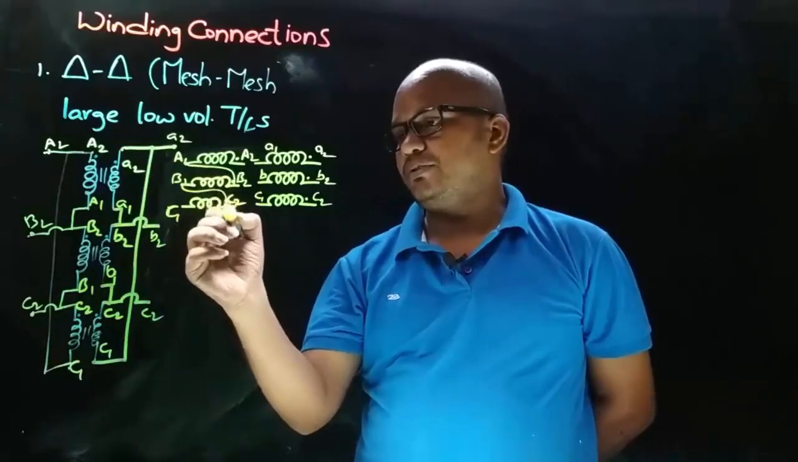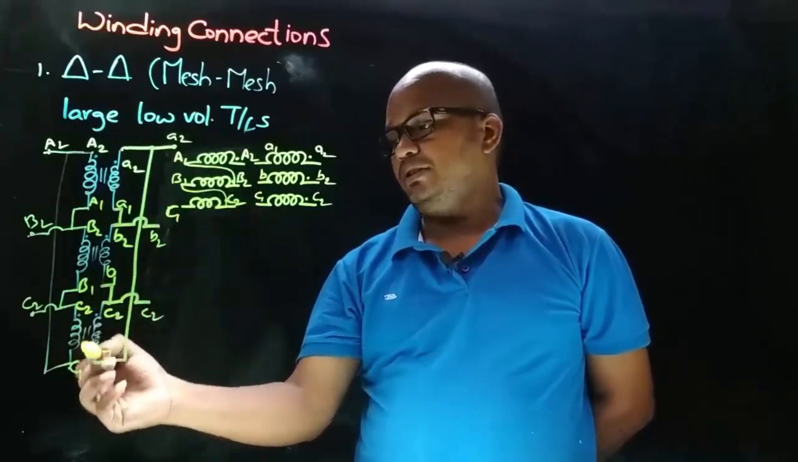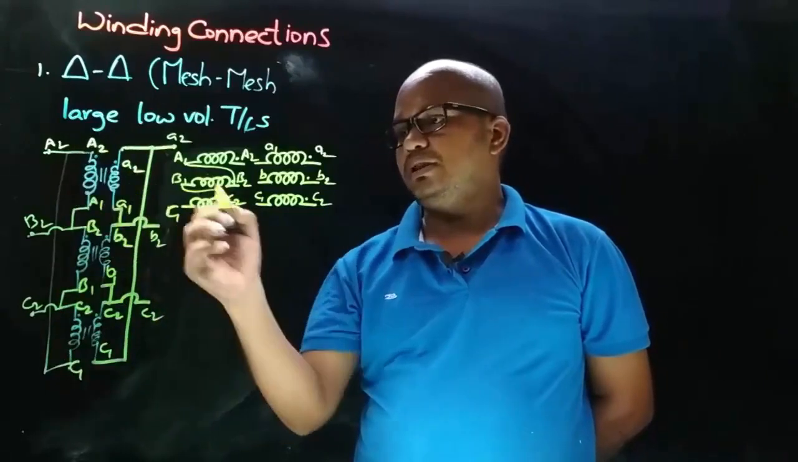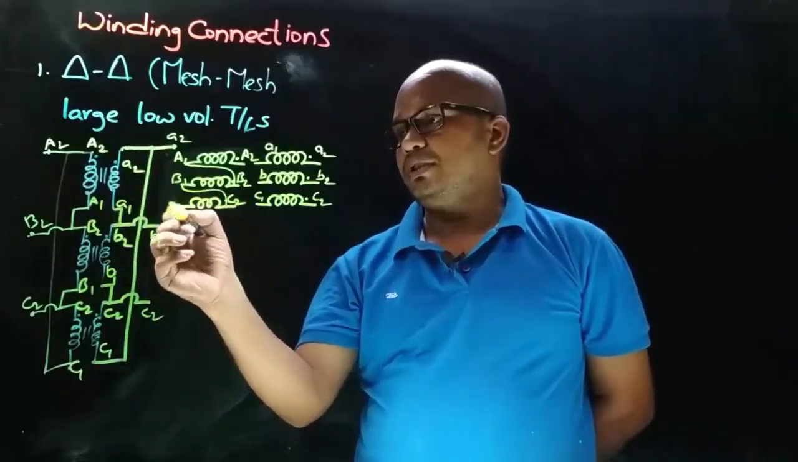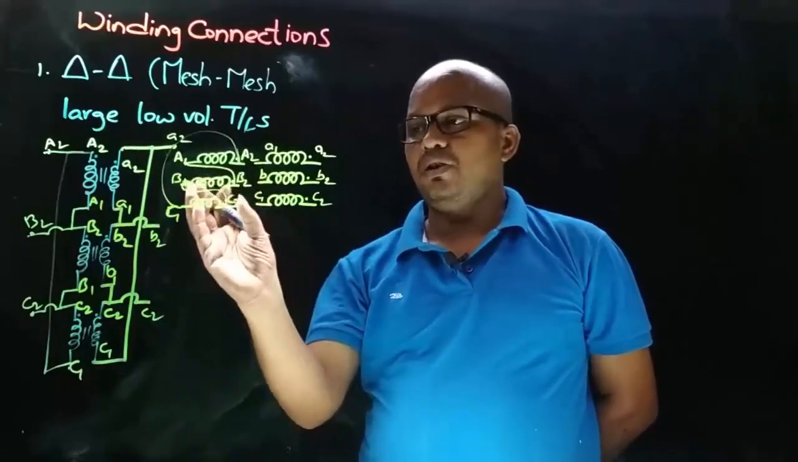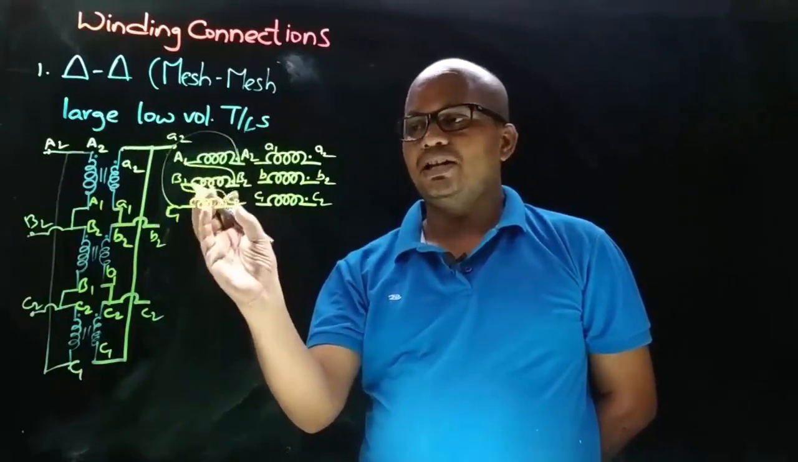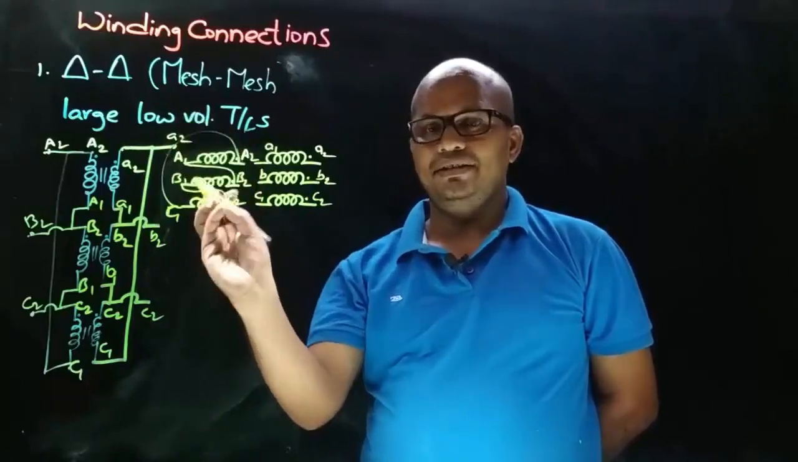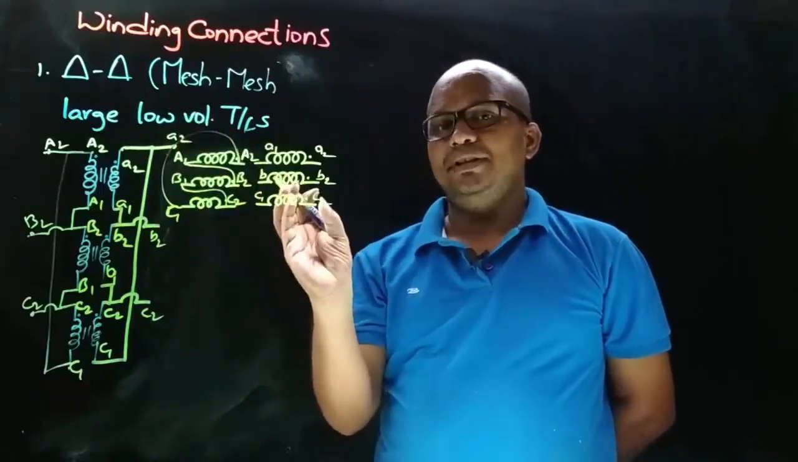So capital B1 is connected to capital C2, and similarly capital C1 is connected to capital A2. So let's connect this like this. This is how we are obtaining the delta connection on primary side, and similarly let's obtain the delta connection